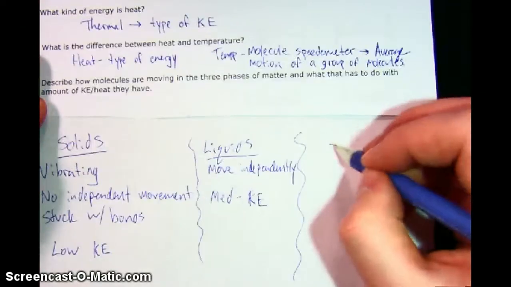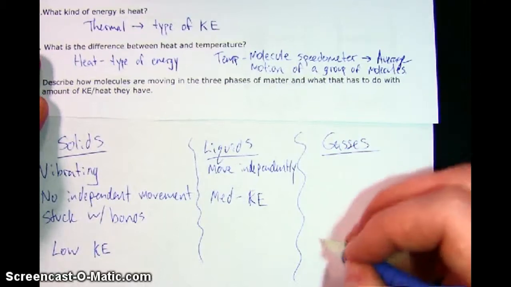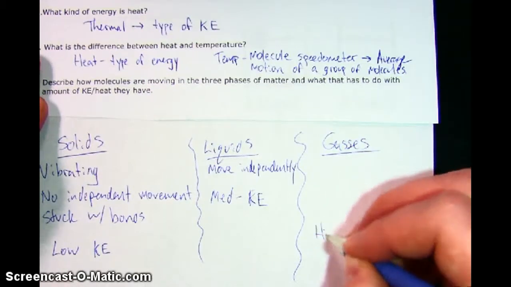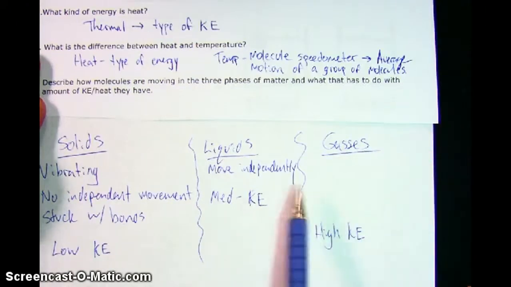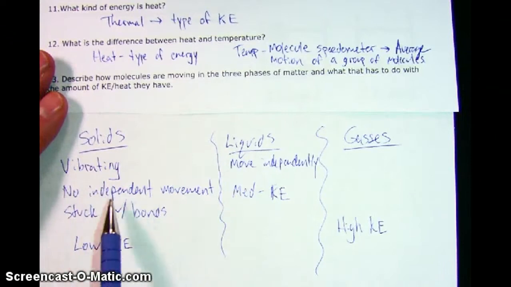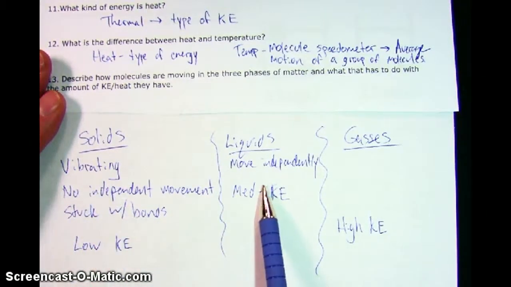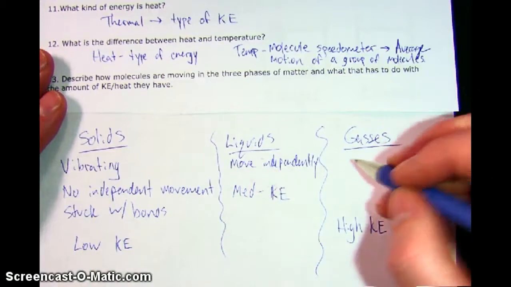For the last one, for gases, gases have the most kinetic energy, so I'm going to start that way. Really high amounts of kinetic energy. And they have broken free of all the constraints that solids and liquids face. So they've broken those bonds that keep them from moving around each other. They've also broken the bonds that keep them from staying in the same area as each other, and they will spread